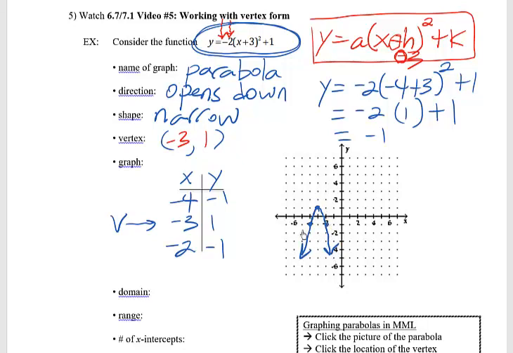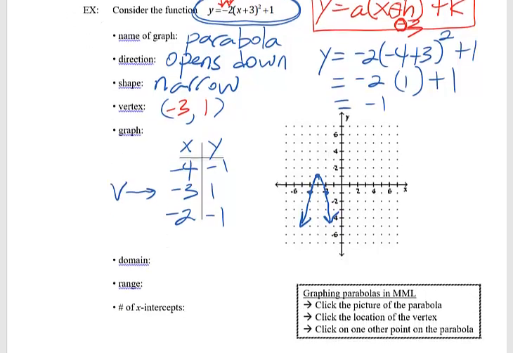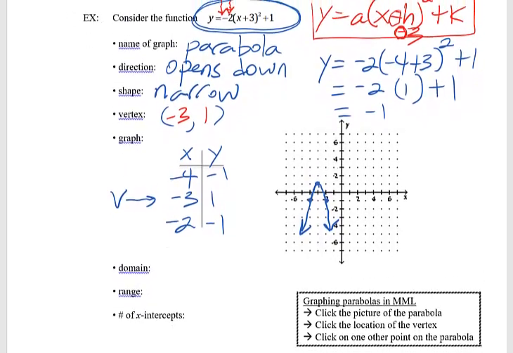Obviously, if you wanted to, you could go to the graphing calculator and double check this picture. But this will be sufficient, I think, for graphing them by hand. Vertex in the middle, point on either side, connect the dots. Okay, oh, by the way, there's a box down here that talks about how you'll graph such a thing in